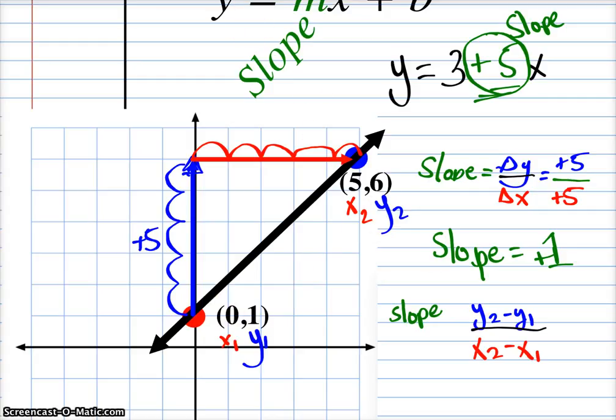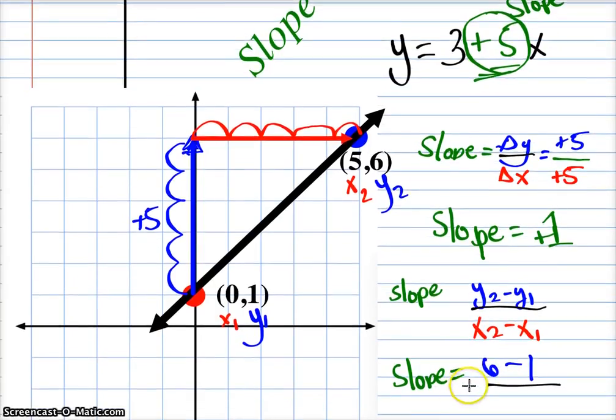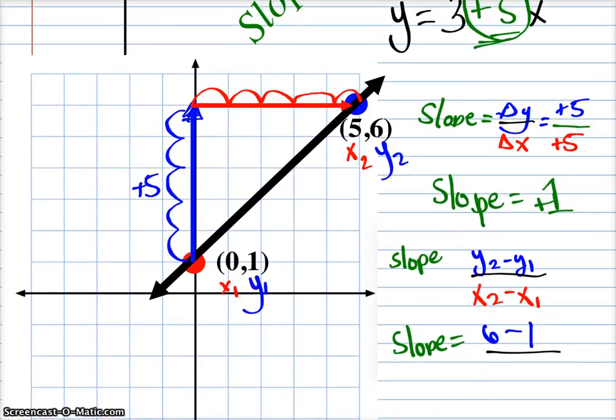So my slope is equal to, well, let's look at y2. y2 is 6. I can have 6 minus y1, 1, over